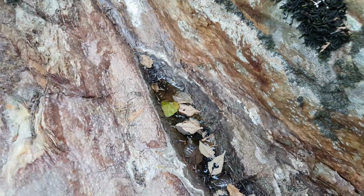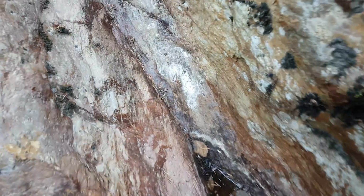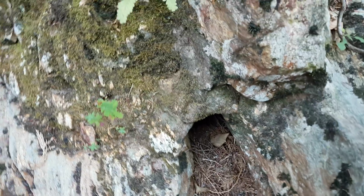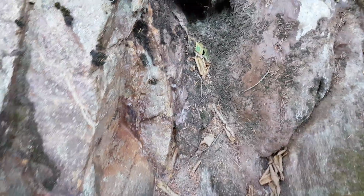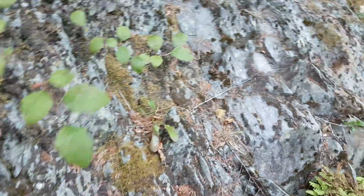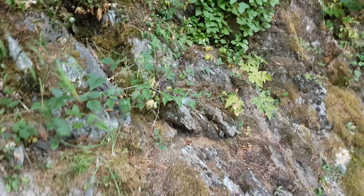I would say that's about 10 to 15 centimeters wide. I would say averaging about 12. This vein continues all the way along here and through here. And it breaks off into a bunch of little ones here, right there. So this place has a lot of potential. If you come up here,